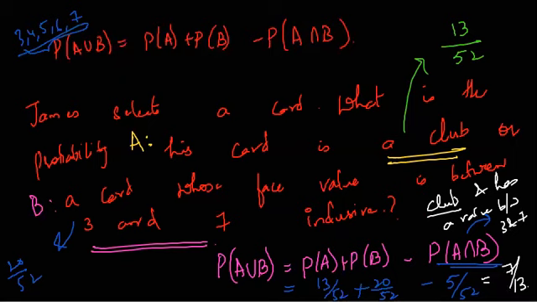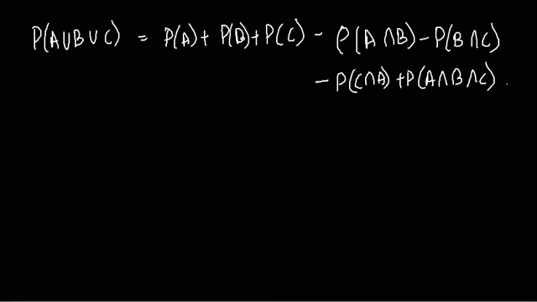All right. So similarly, if we have 3 events, you can expand the formula the way you do it in sets. I'll just write it over here. So this is the formula, if you have 3 events, and you can expand it for 4 events and so on. Now after that,